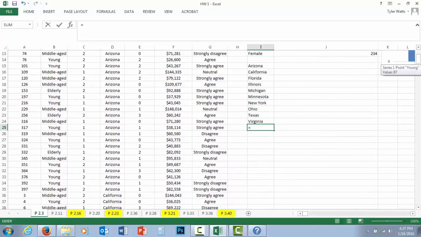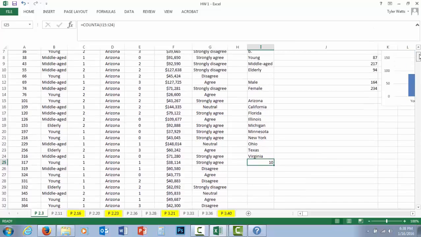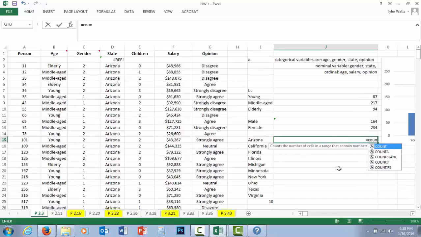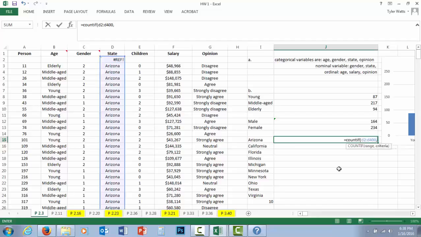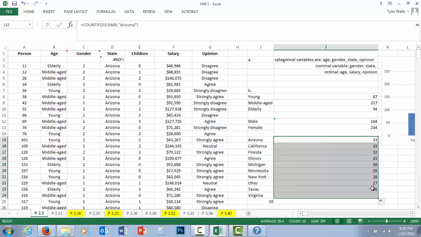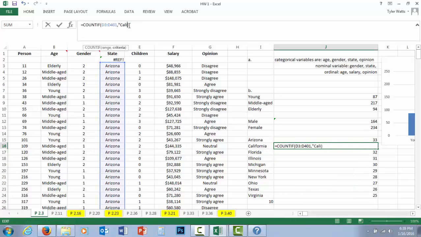And just to verify that there's 10 different entries here, let me just use the regular count function. Actually, we're going to have to use COUNTA because we're looking at not just numbers, we're looking at text. So COUNTA is a variation of count that's looking for things other than numbers. And indeed, yep, there's 10. Okay, so let's go back over here, and now let's just enter a COUNTIF function. COUNTIF D2 to D400 is Arizona. Whoops, I need to put that in quotation marks. There we go, 33. Let's drag this down, and now I'm just going to click on that and replace Arizona